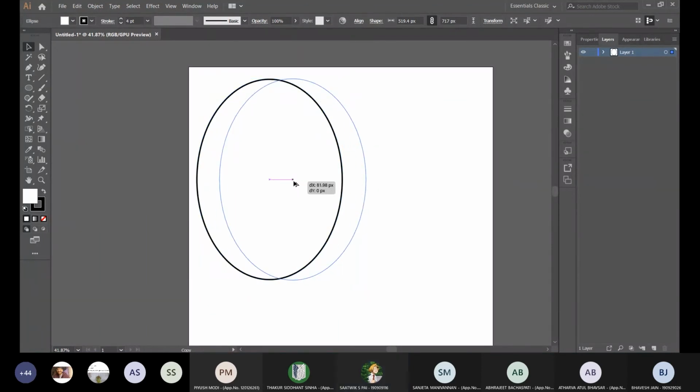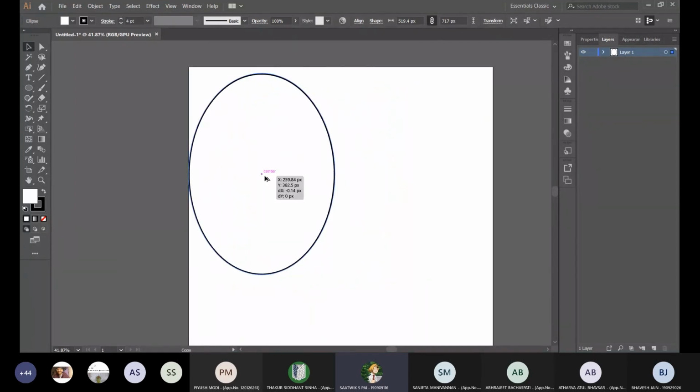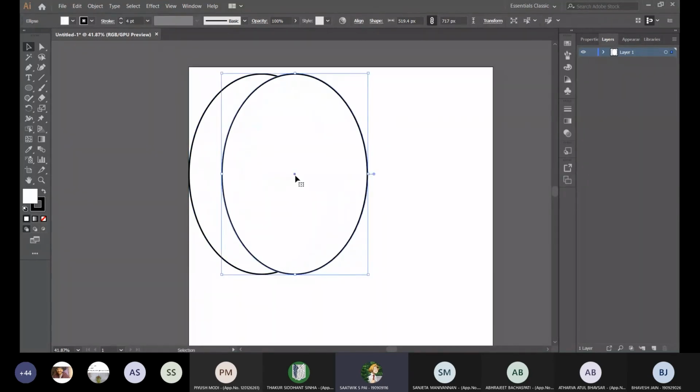And one more interesting thing with the selection tool is if you want to repeat the last action I did. What did I last do? I just made a copy of this and moved it here.